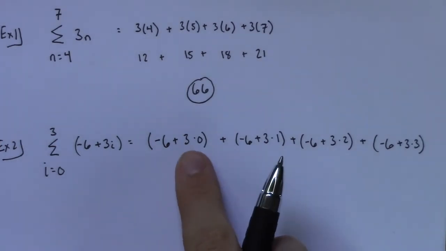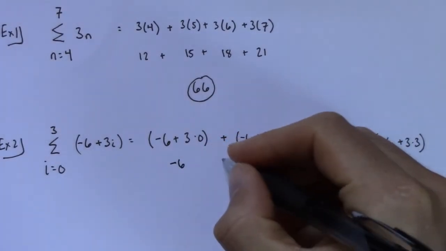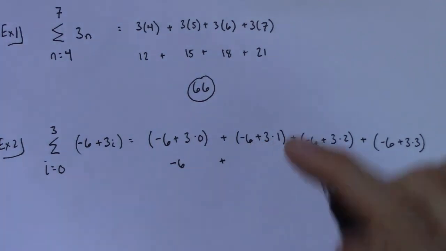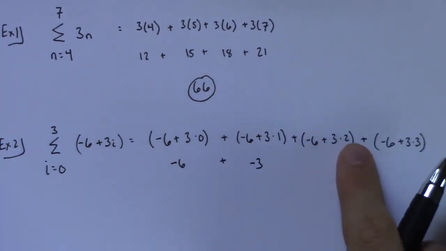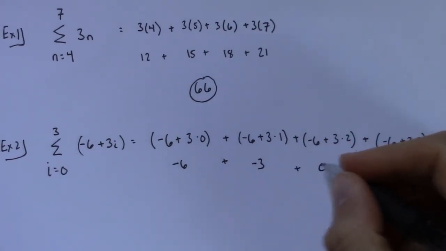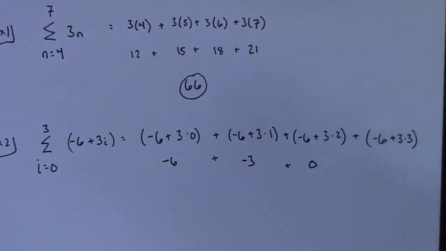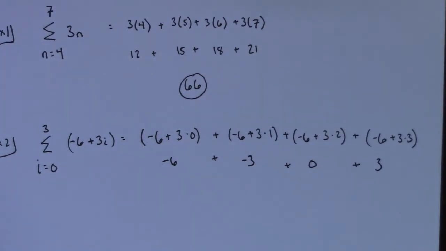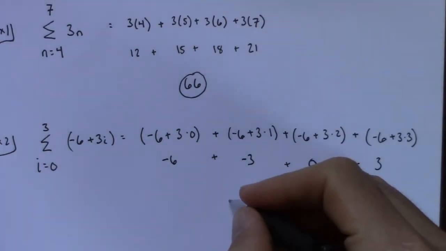So in this one, 3 times 0 is 0, add to the -6, and I have just -6. This one over here, 3 times 1 is 3, 3 plus a -6 is a -3. Right here, 3 times 2 is 6, 6 plus a -6 is 0. And then finally this one on the end, 3 times 3 is 9, and 9 plus a -6 will give us a +3. With this list of numbers, the 3's are going to cancel, and so my final answer is